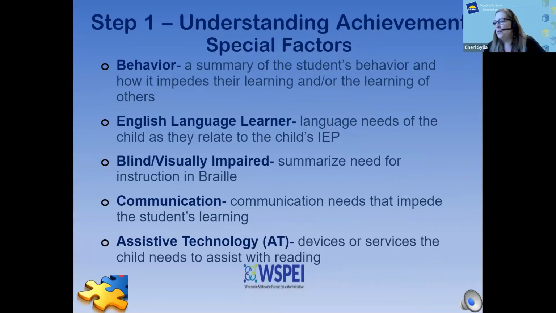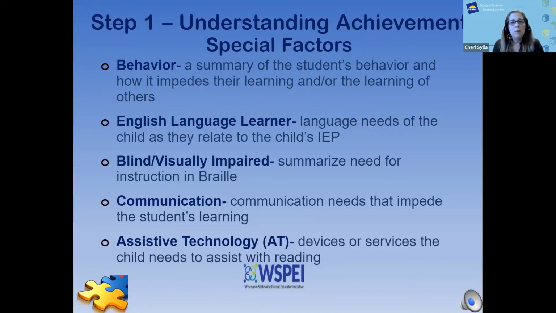So now we come to special factors, and the special factors is still in step 1. So we're still talking about what types of information we need to talk about and consider before we even start talking about disability related needs and things like that. So these 5 areas have always been here. So behavior,